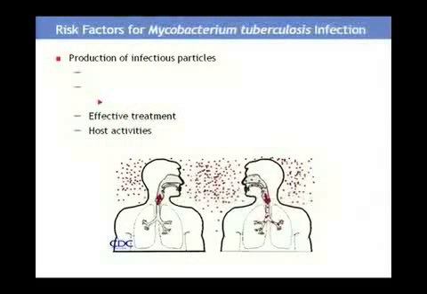We mentioned that effective treatment of tuberculosis greatly reduces the burden of TB very quickly, and therefore reduces the risk of transmission from an individual who is on therapy to others around them. And we also talked about host activities, in the sense of cultural activities. This means that for an individual who is infected and has active disease, depending on their activities, their risk of transmitting disease to others increases or decreases.